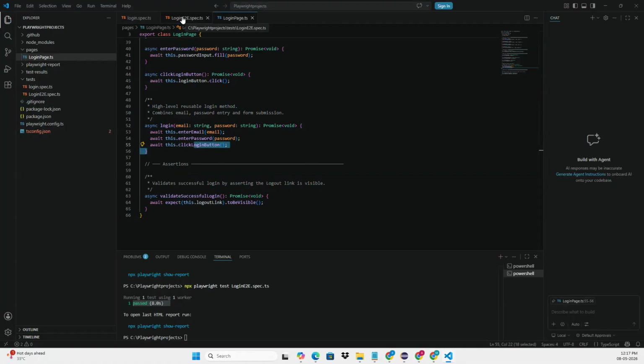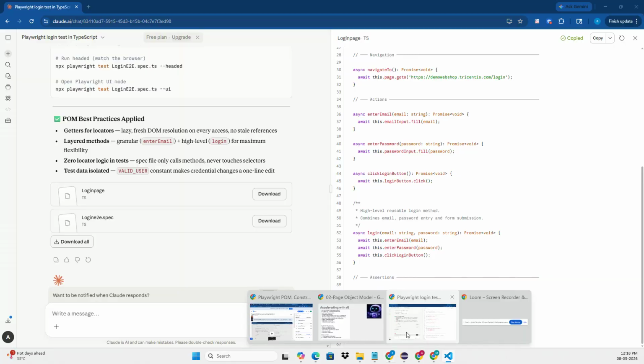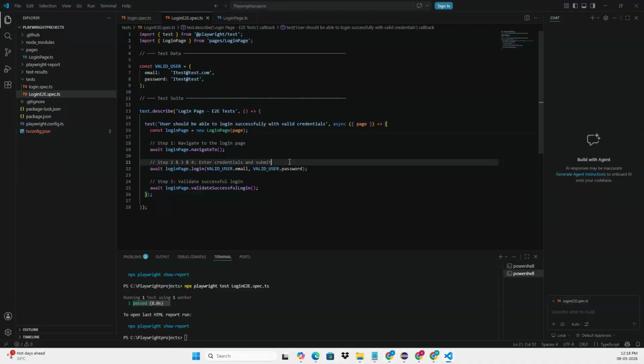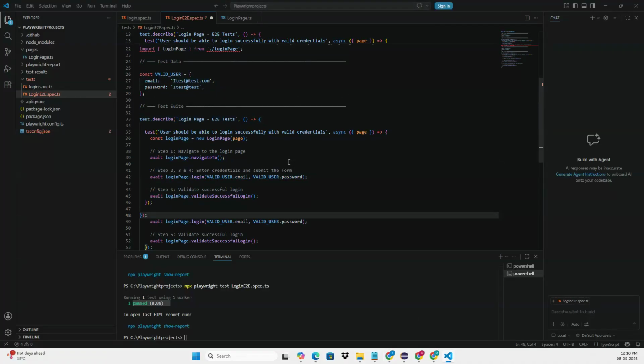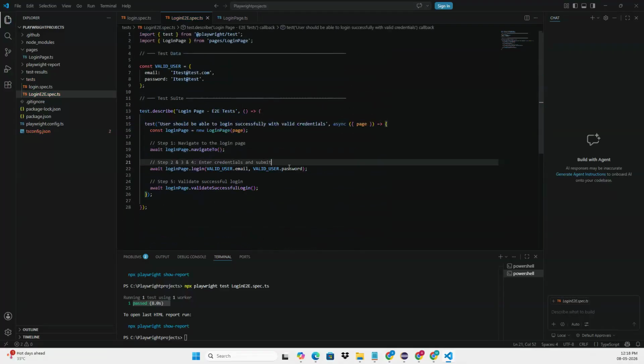And now maybe in the end-to-end spec file there won't be much change, but let us just do the desired change. Copy, go here and paste. Oops, this is the same file.